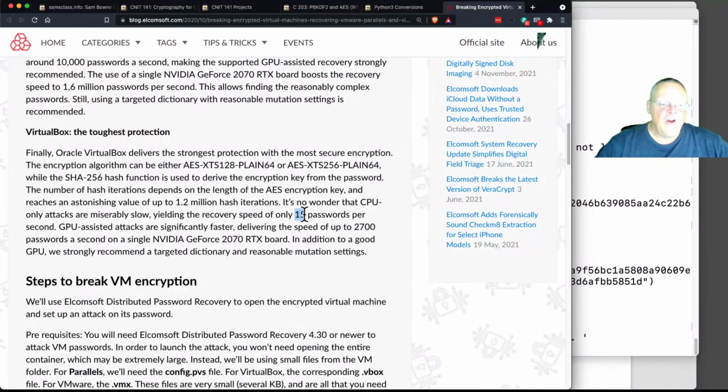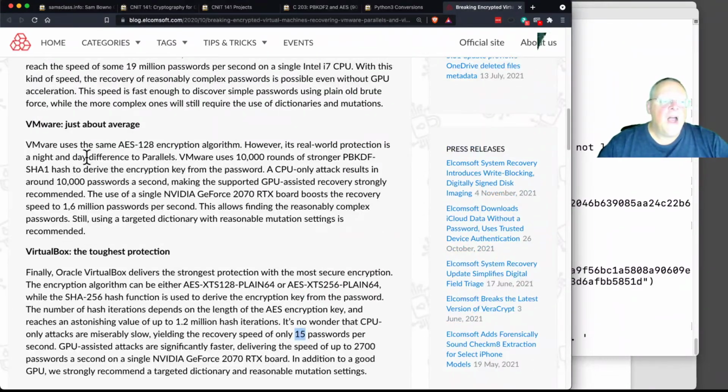But here, if your password is not in the top 1,000 passwords or something, you're probably fine. Probably just the name of your dog, your license plate, or your phone number would be fine. Nobody's getting in there. Anyway, so I have VMware, so I made an encrypted VMware virtual machine, and we'll crack